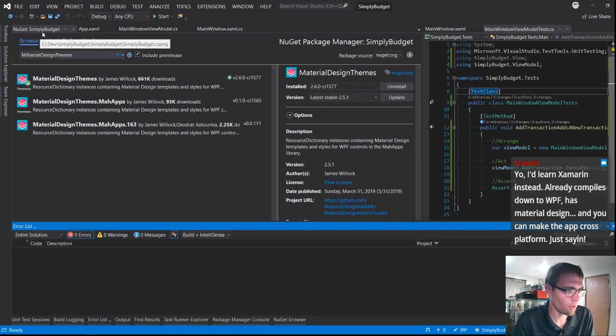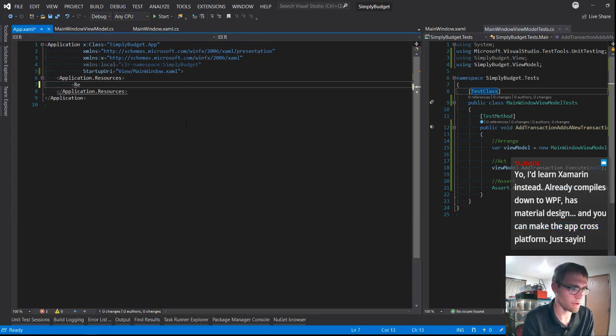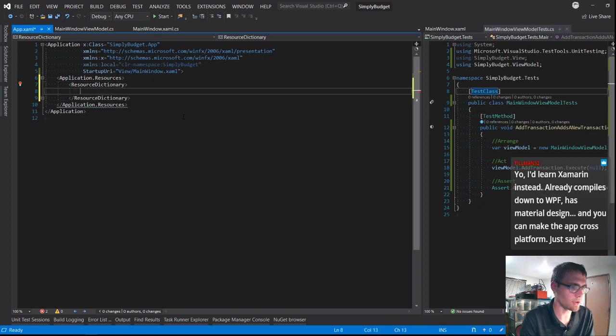Okay, and before we get going with this, there's one thing that we need to do first. So in our application resources, we need a resource dictionary. Resource dictionaries are, as the name implies, just dictionaries that